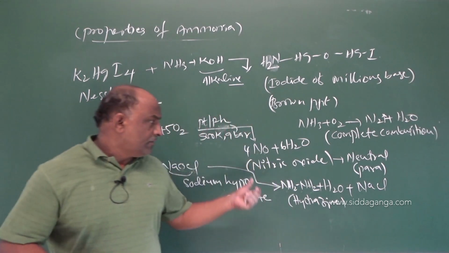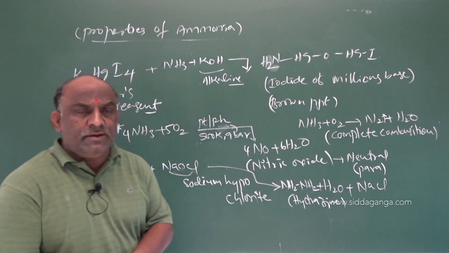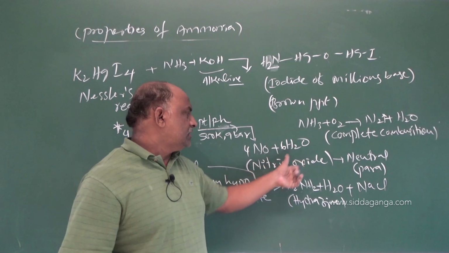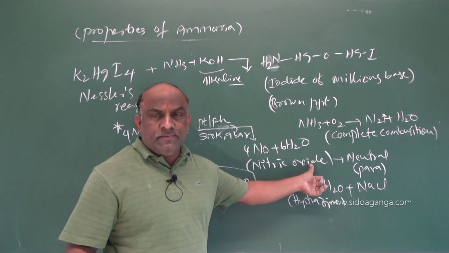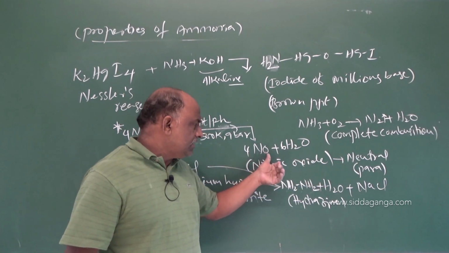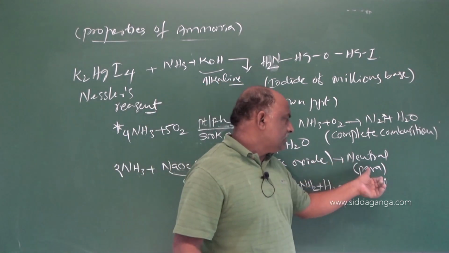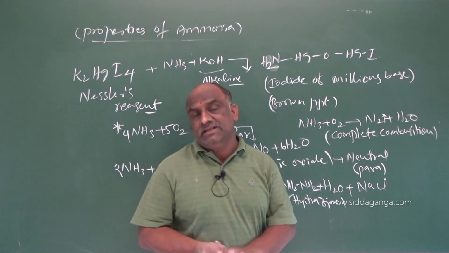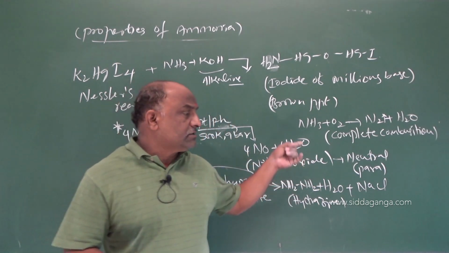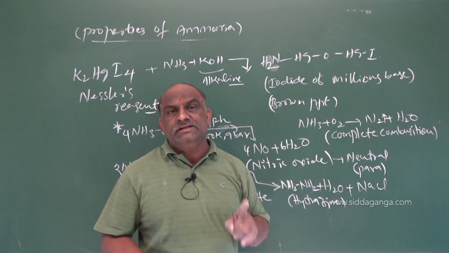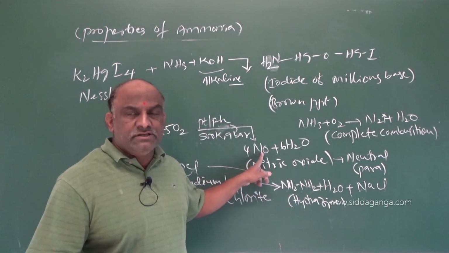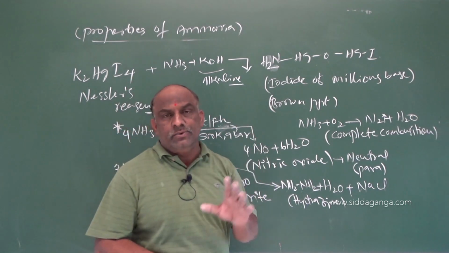So here concentrate, these two reactions are very important. It is 4NH3 plus 5O2 gives rise to 4NO plus 6H2O, formation of nitric oxide. Nitric oxide is a neutral oxide. Nitric oxide is an example of a paramagnetic substance, and it is a colorless gas. All nitrogen oxides are gaseous except one, N2O3, which is a blue colored solid. We will discuss this after completion of oxides of nitrogen. It is a simple topic.